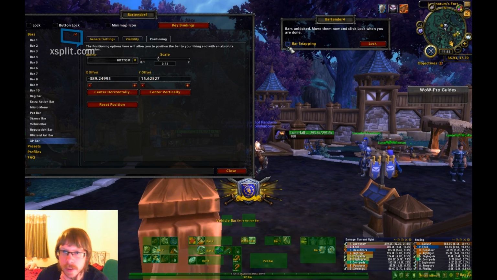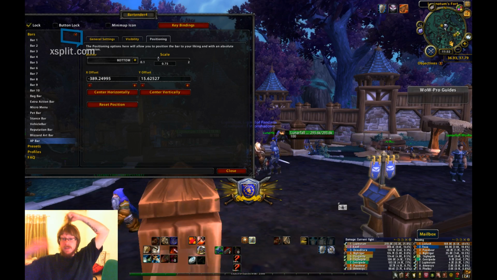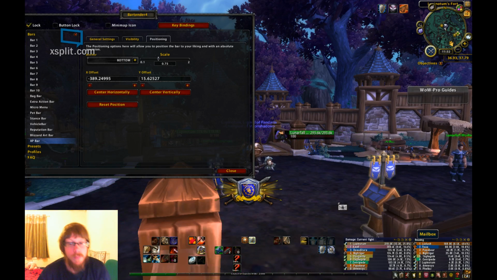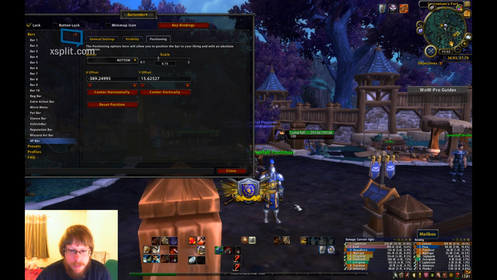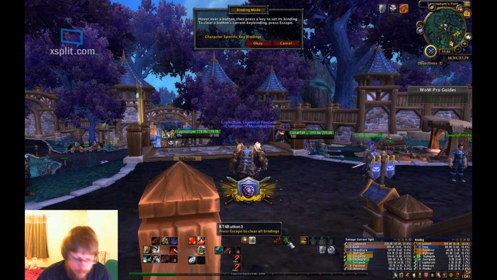Okay, for me, this looks pretty good. I'm kind of happy with the layout there. Click that bar, obviously all the green things go away and you're pretty much set to go. The only thing then is your key bindings. If you click key bindings, you can click on a bar. I think if you hover over it,